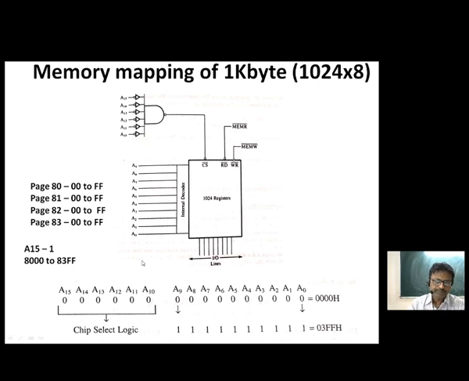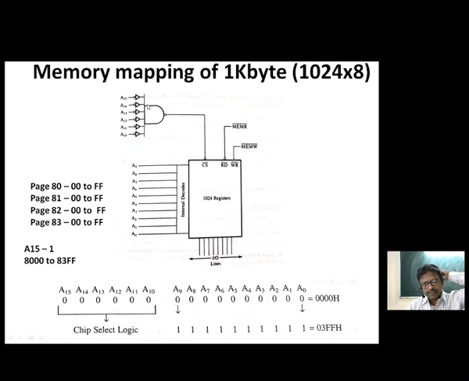So if you change the design of the hardware, the memory mapping will be changed. Every register available with the microprocessor unit is connected with the microprocessor unit, and the addressing of the individual register depends upon how the hardware has been designed. If the hardware says that all are connected with the inverter, then the address range will be from 0000 to 03FF.